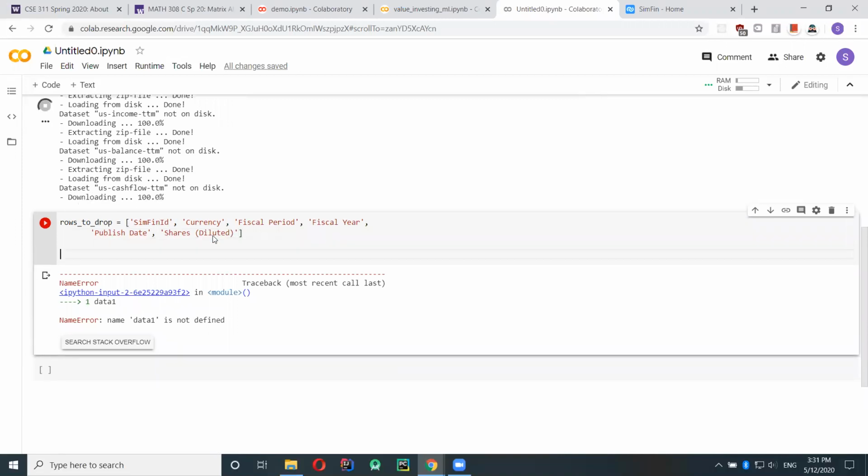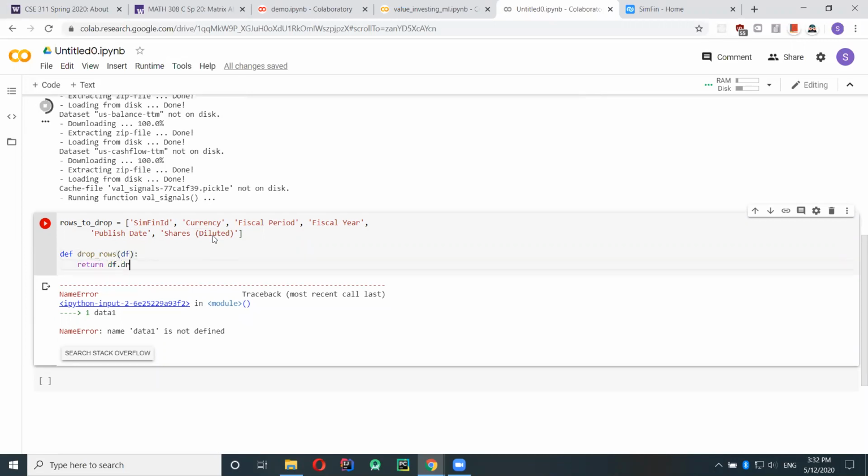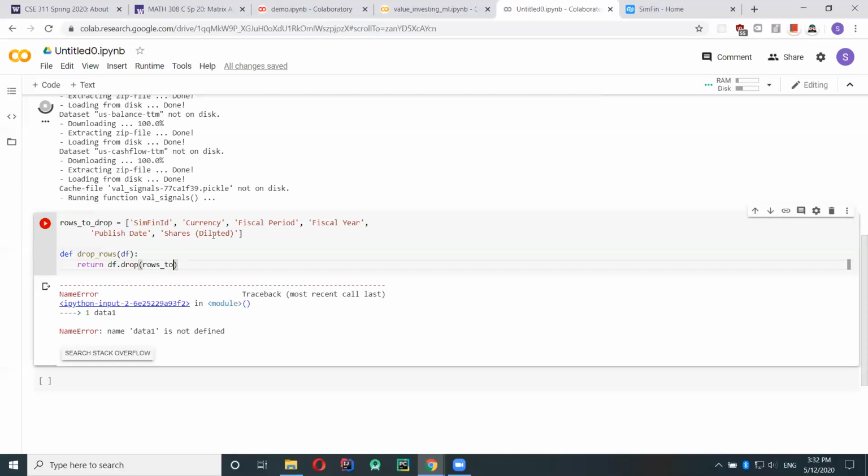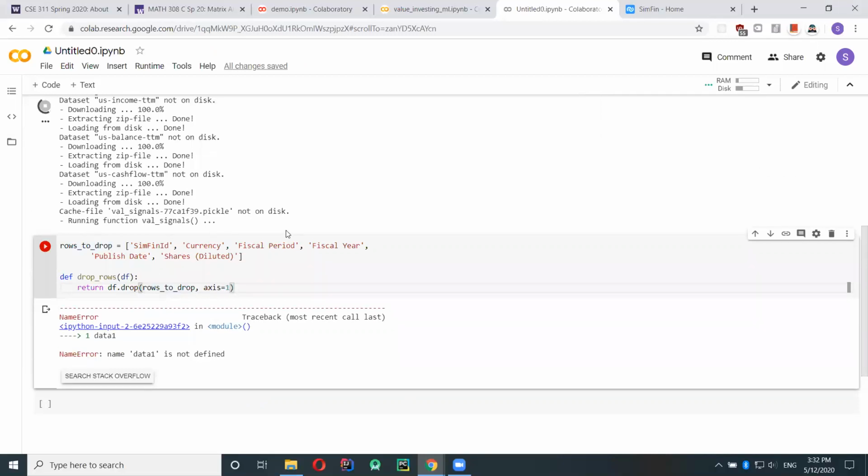So I'm just gonna create a function, def drop_cols, that takes in a data frame and returns df.drop. I'm going to have to specify axis equals 1 because we need to delete the columns.